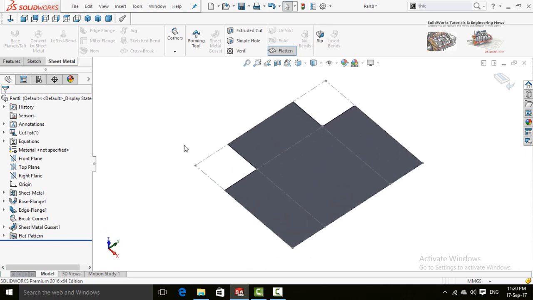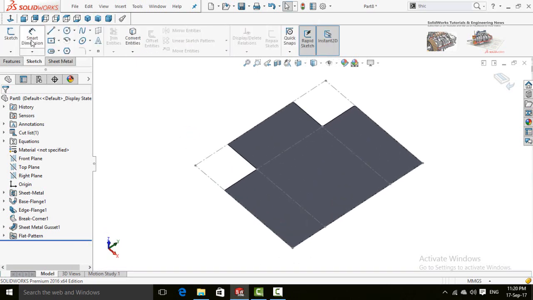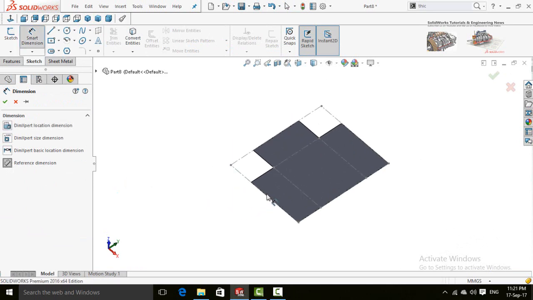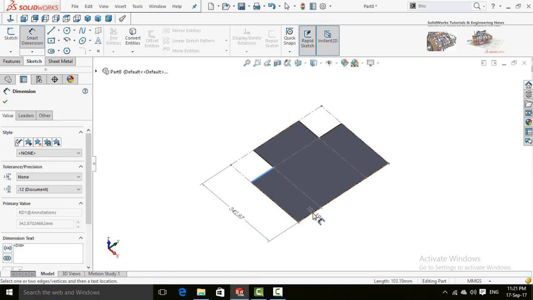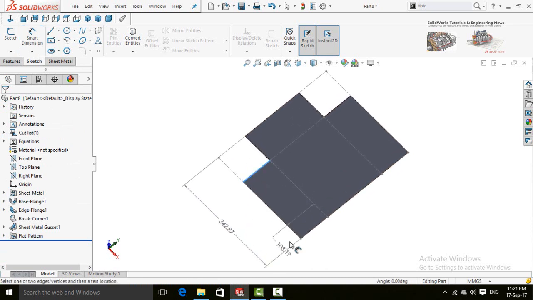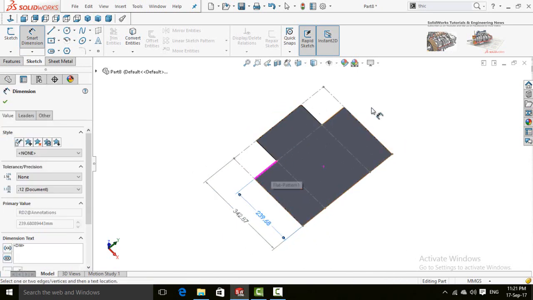So now you can measure all the development lengths. So press on smart dimensions and then turn on reference dimensions. Now you can measure this distance from this edge to this edge, and all of the dimensions.